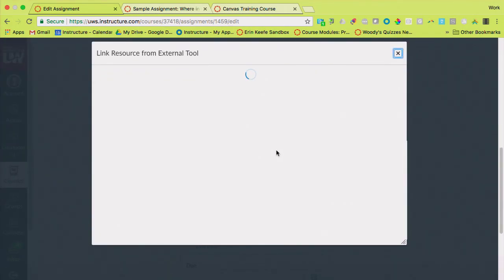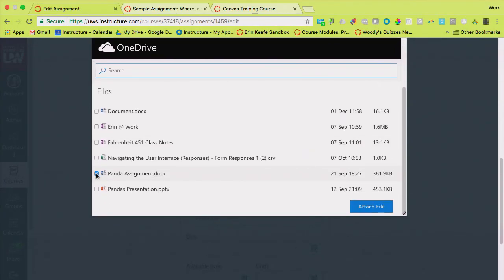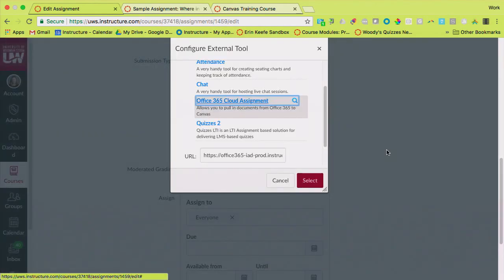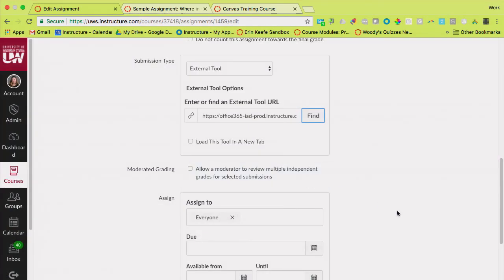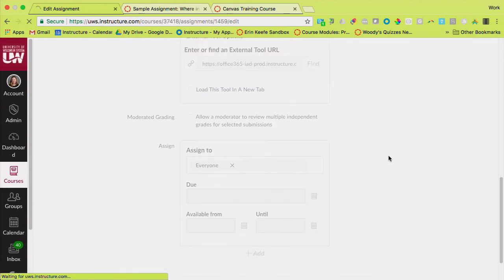So my example I'm going to show you is a Word document that looks a lot like a worksheet. I have questions on it that I want my students to fill out right on here. I don't want them to have to make a copy of it. I want them just when they click into Canvas to get their own version of it, and then they're going to be able to turn it in to me. So real quickly, I'm just going to show you what this looks like.